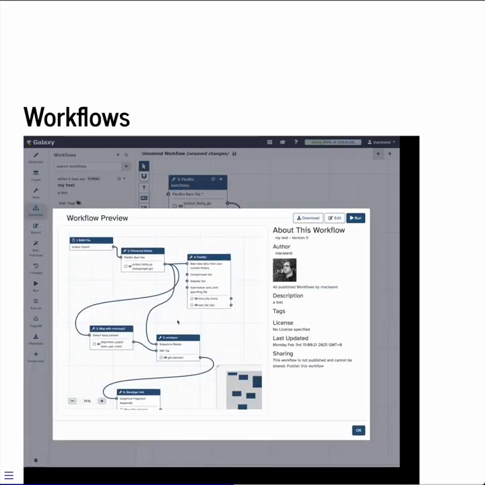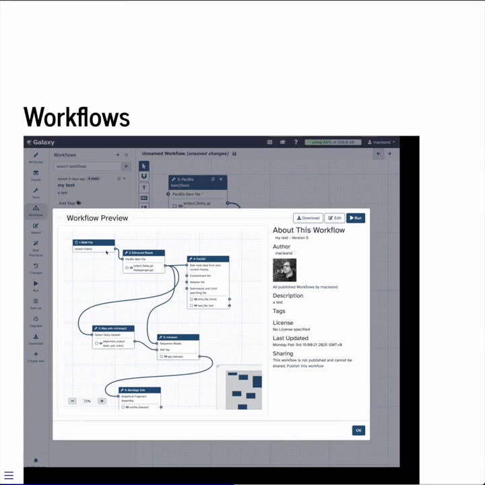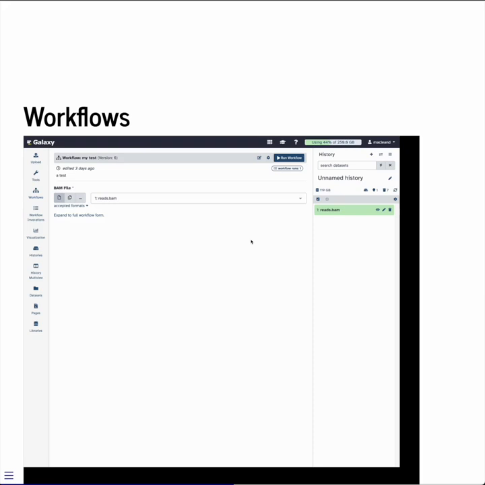And the workflow appears in the main panel. So there we go, that's one I built as a demo before. So when we press run, it loads up the workflow in the main panel, and I can select a data set from my history. The only one that works is this BAM file. I can click run,